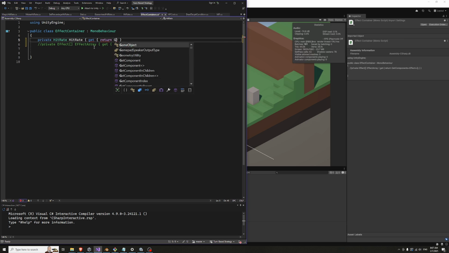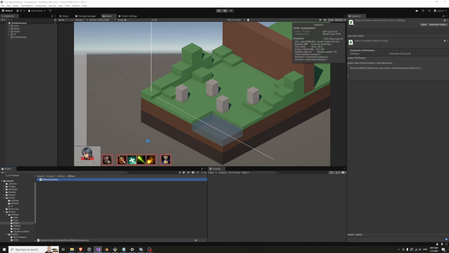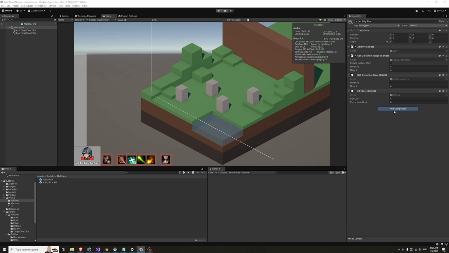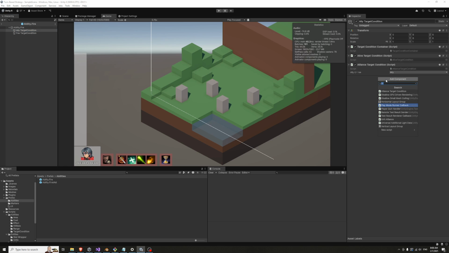Just get return, get component, hit rate, just the same as we have with everything else. Remember to actually add one. So ally,